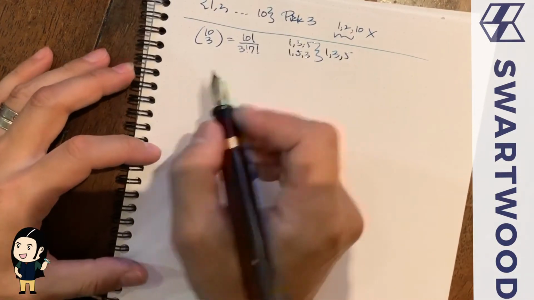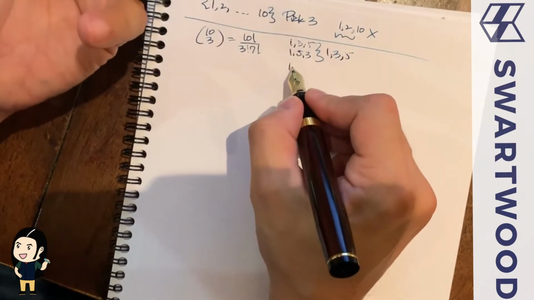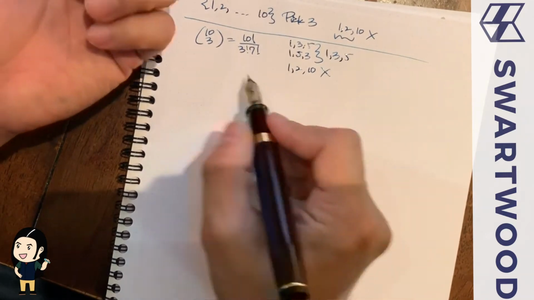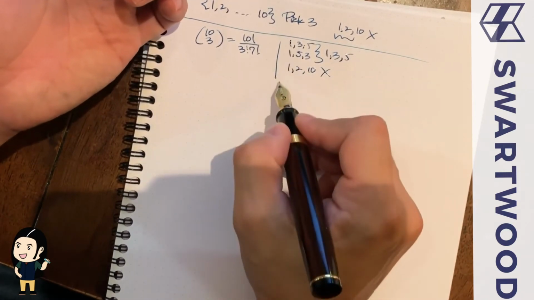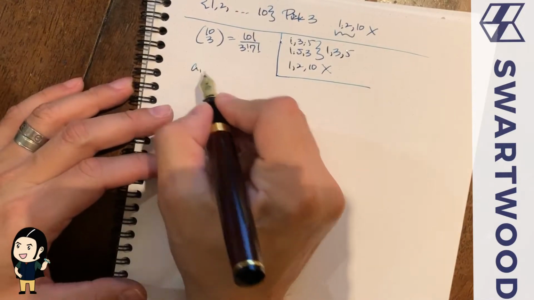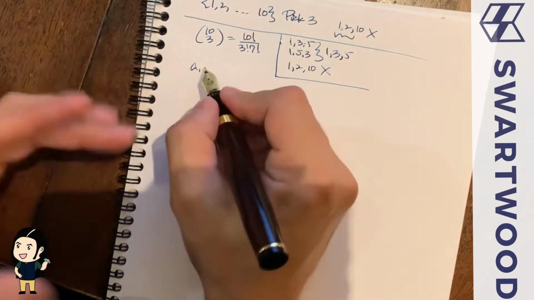Okay. So now, that's obviously not the answer we want, because if you're just picking any 3 numbers, you can obviously pick numbers like 1, 2, 10, and we know we don't want that, right? Okay. So what's the adjustment? How are we going to fix this? Well, first, I kind of want to observe this. If you take any of these numbers, whether they come in as 1, 3, 5 or 1, 5, 3, you can always put them in order,